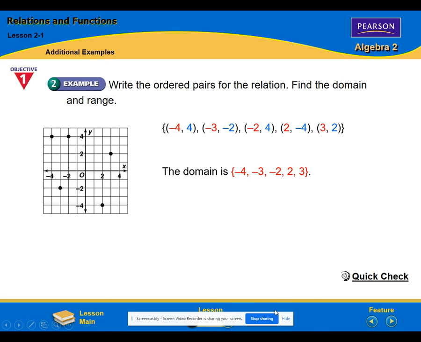I'm going to get a little bit more into that here in just a moment. Okay, the range, notice that there's a 4 here and a 4 here, so you don't need to repeat those. I do like it if you would put them in numeric order. So the smallest one would be negative 4, then negative 2, then 2, and then 4 again appears twice. You only need to list it once. The range is negative 4, negative 2, 2, 4. Okay, domain and range. Now, with that,